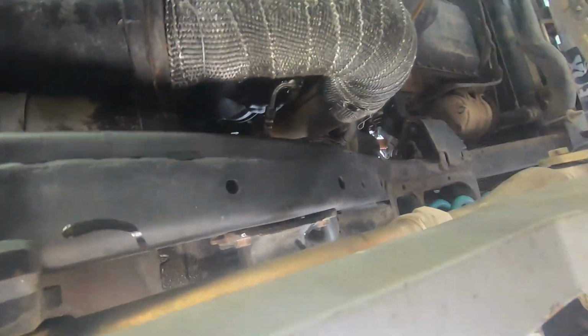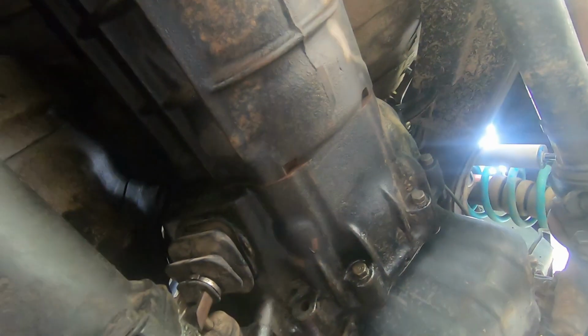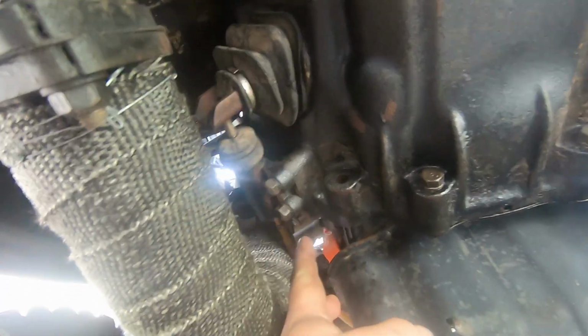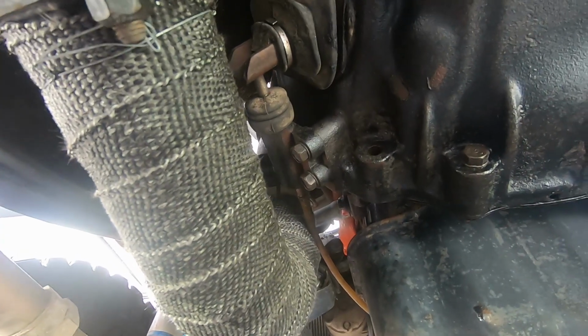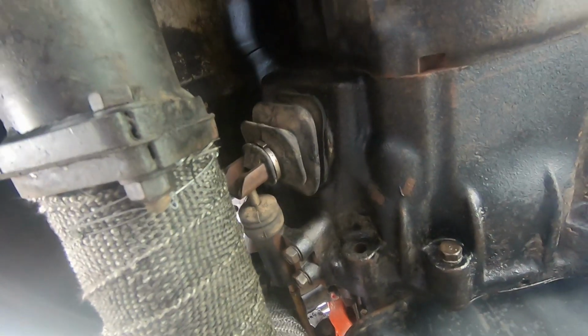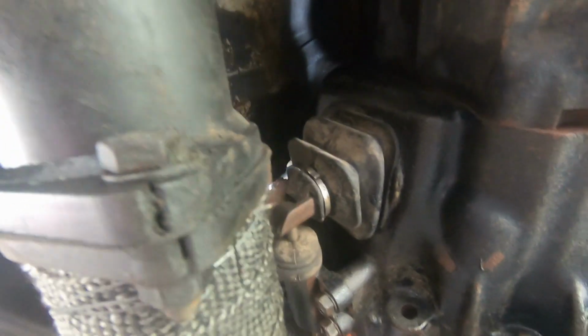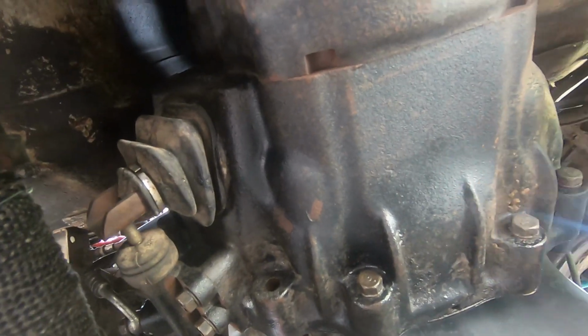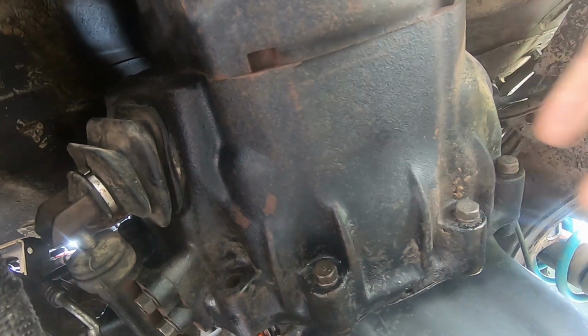Alright, now for the fun job of doing the slave cylinder and getting covered in grime. Now, I did try to suck some of the fluid through earlier, but the bleeder is fully rusted and blocked, so not ideal. You get that on these big jobs. For those of you who don't understand how this works, normally a concentric slave cylinder, I think I actually talked about it in the clutch replacement on the